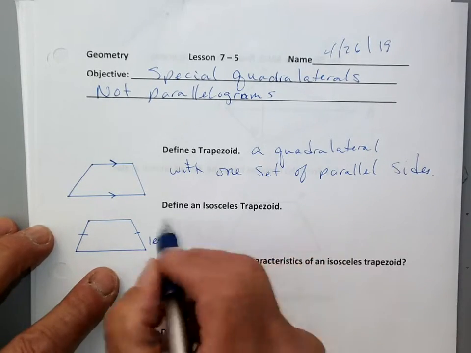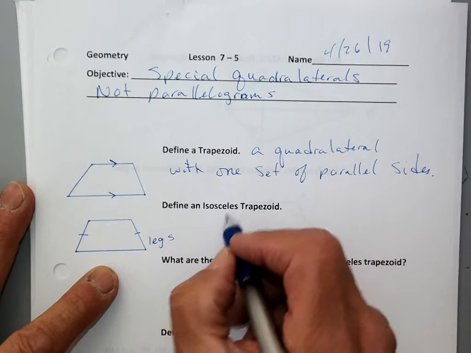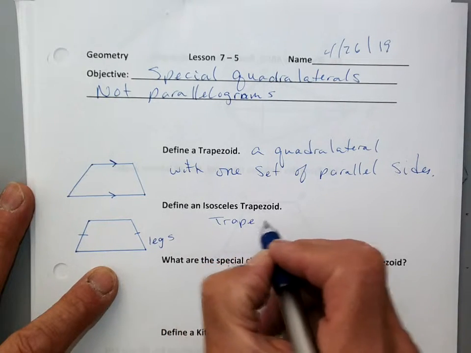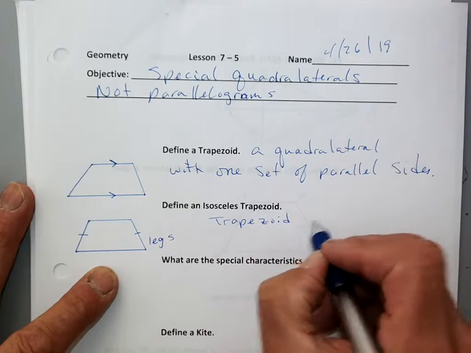So what makes it an isosceles is that it is an isosceles. So it's a trapezoid with